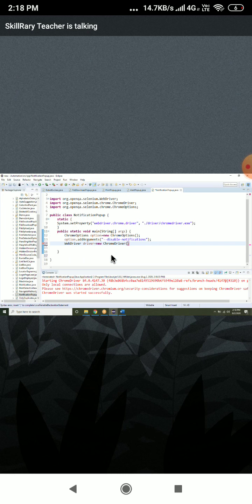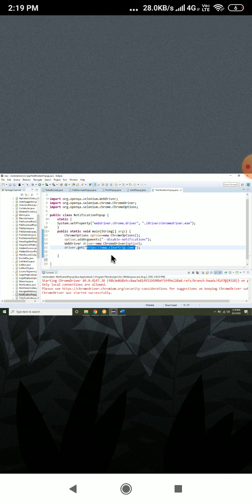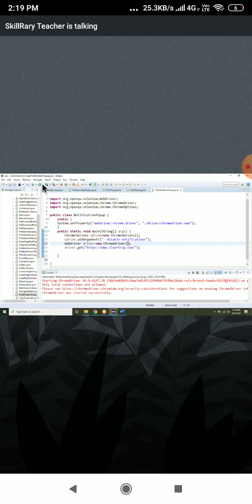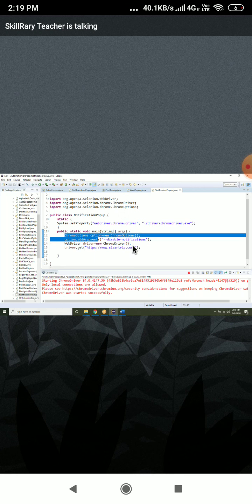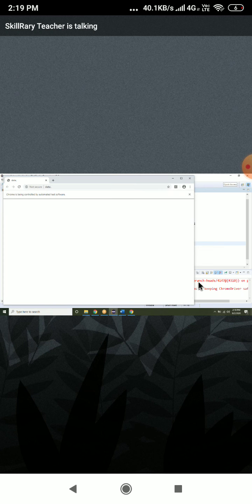We can do it elsewhere, here we cannot do it. Even though I'm changing the settings, I'm opening the default settings for this pop-up.